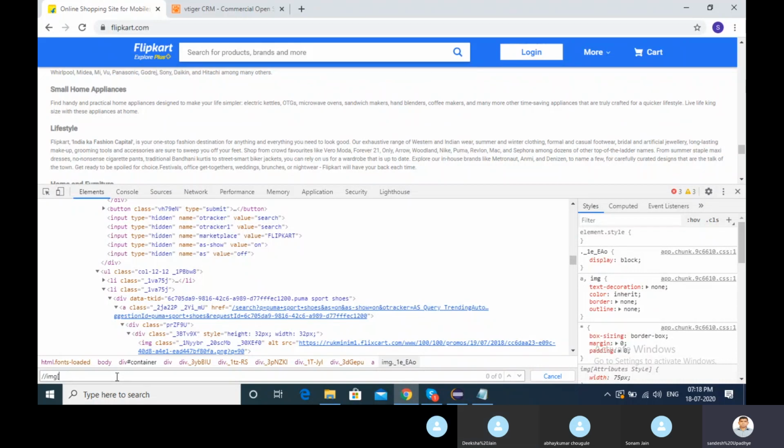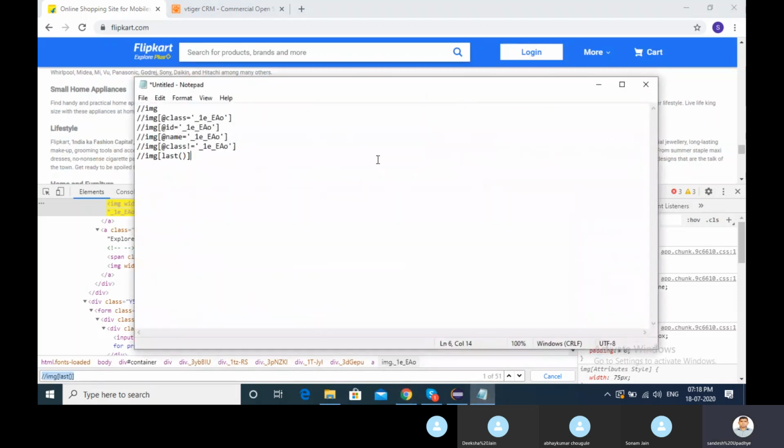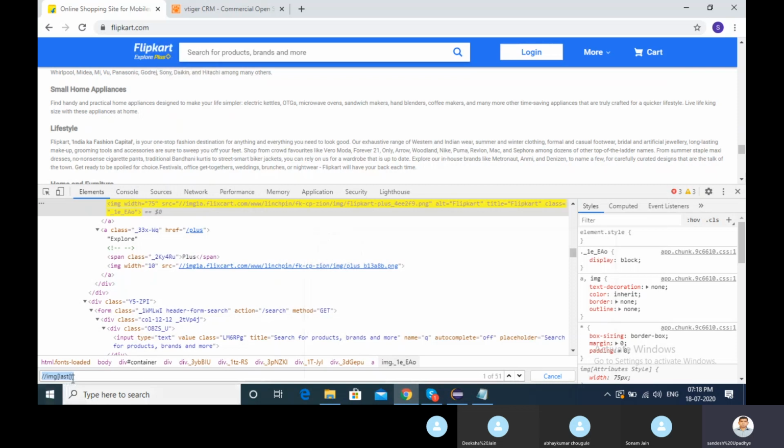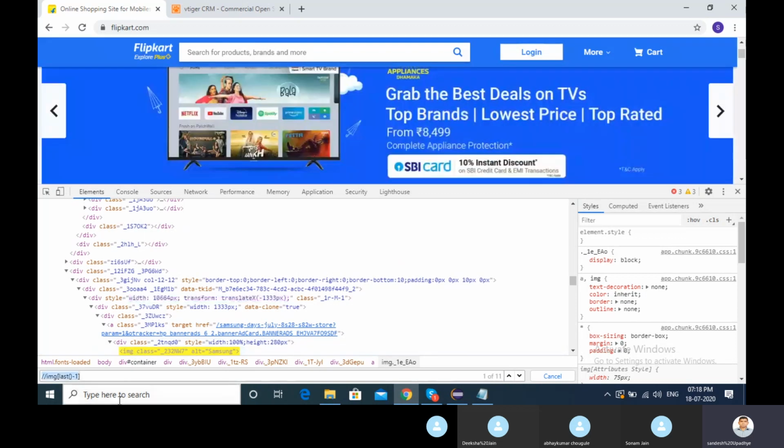If I put here last, and if I put functions with these things, then you will be able to find the last image. Control A, Control C. Here itself, if you type last()-1, you will be able to see which image is last minus 1.